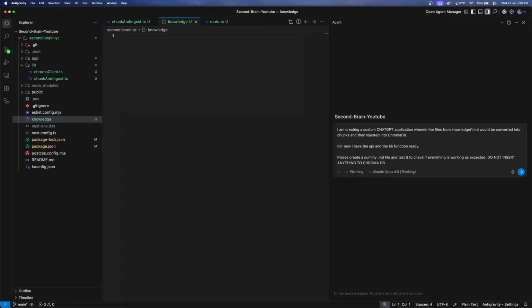Okay, so I have just given it a single prompt, and the model that I'm using here is Claude Opus 4.5, the thinking one. And there are two modes here. One is a planning mode and one is a fast mode. In planning mode, basically the agent will plan all the tasks that you need, and it will ask for your approval to move ahead with it. Whereas in the fast mode, the agent will directly execute the task. Okay, so